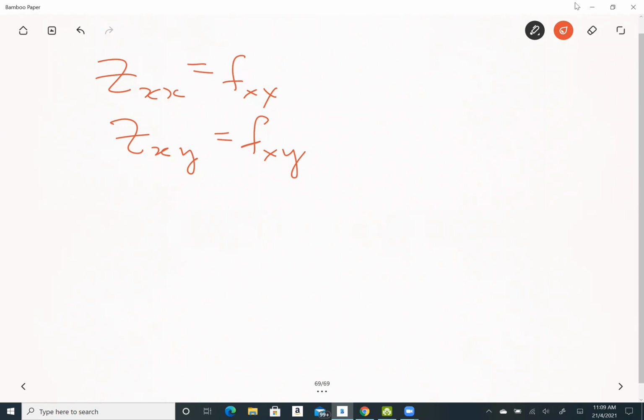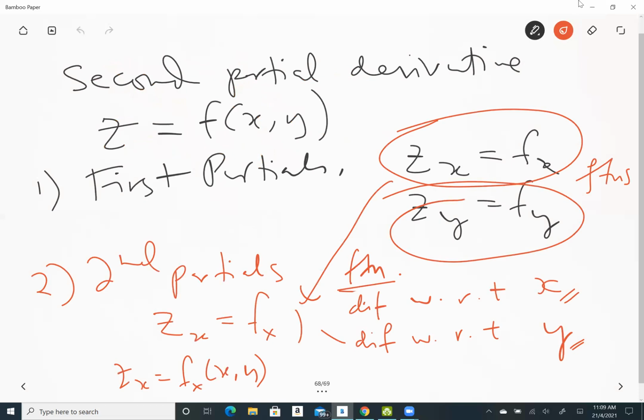Here it's just partial, and you have the second derivative. The second partial zx, you differentiate with respect to x, and also with respect to y. Similarly for zy, the derivative of the function with respect to y, fy, is also a function, and then you take the derivative with respect to